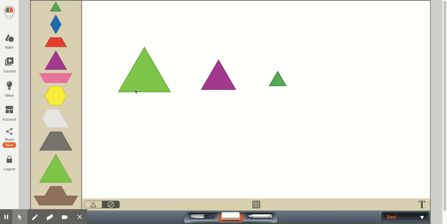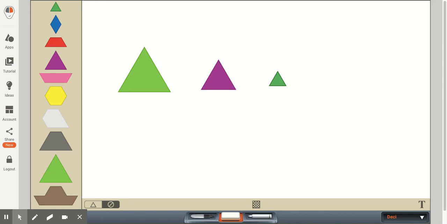Here's a triangle. In order for this shape to be called a triangle, it has to be a closed figure. It has to have three straight sides and has to have three, what some of the first graders may call corners, or I prefer the mathematical term angles. So it's a closed figure with three straight sides and three angles.